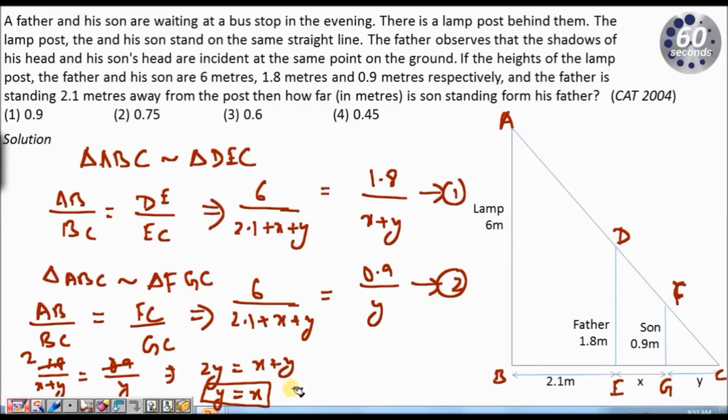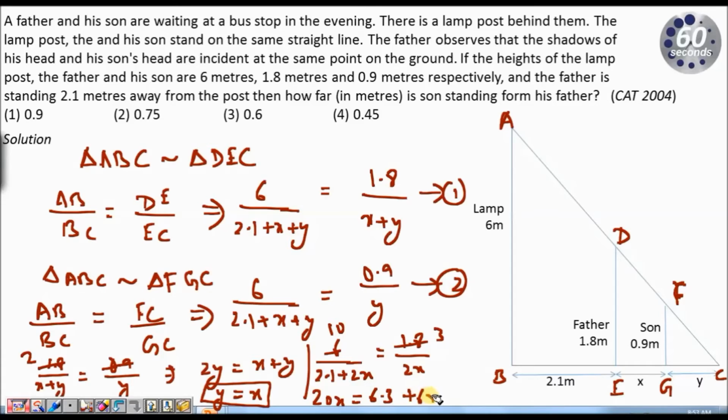Now substituting this value in any equation, say 1 or 2. So say I substitute this in equation 1. I get 6 by 2.1 plus 2x equals 1.8 by 2x. Anyway, this will go off with 0.6. This will give me 3 times, this will give me 10 times. So I'll get 20x equals 6.3